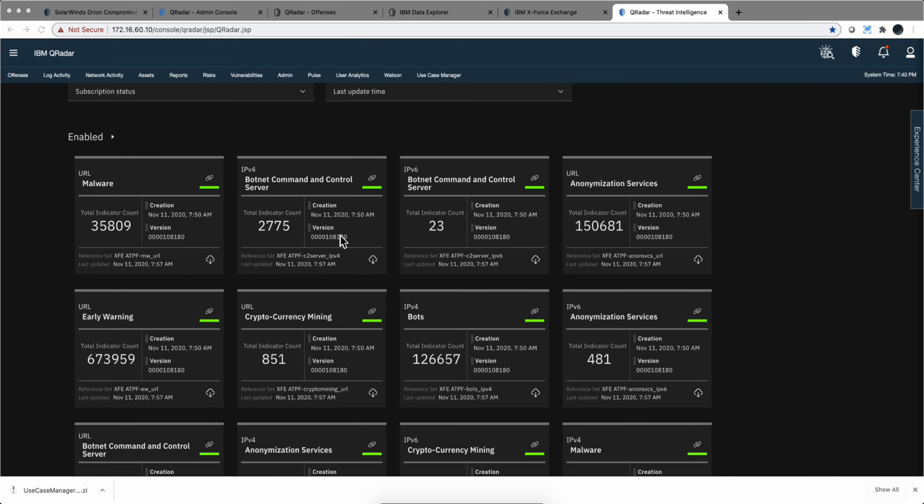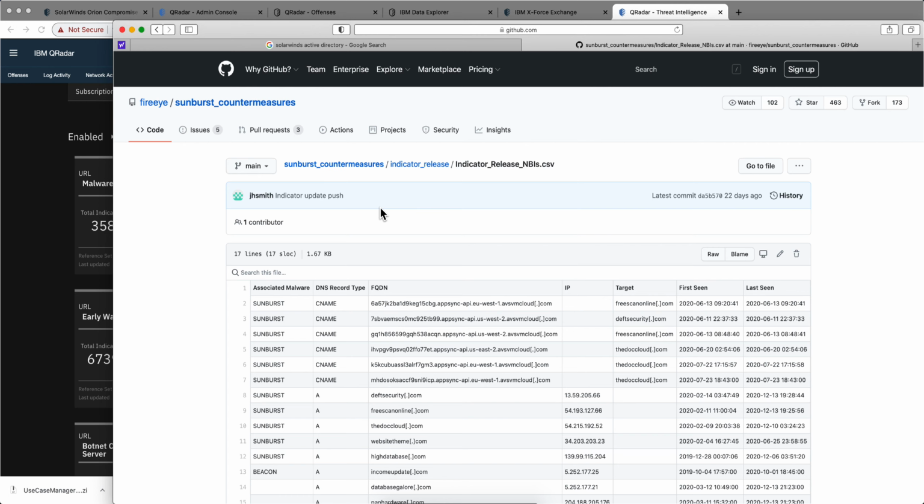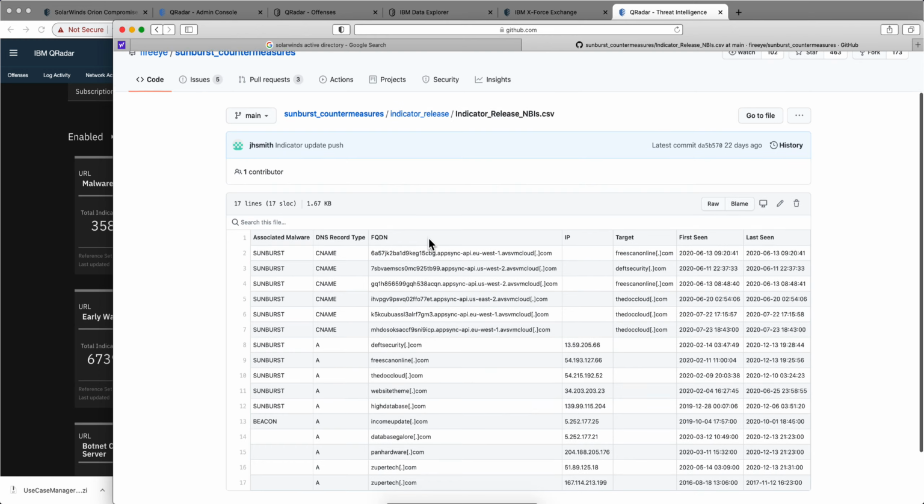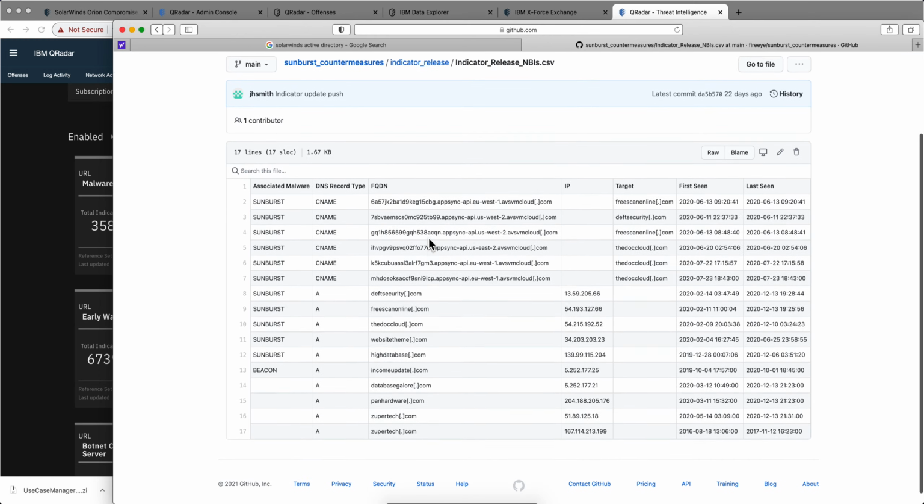Another thing you can do, I mean, this stuff does it automatically for you, but if you, for example, want to do more searches on Cloud Pak for Security with Data Explorer, on other sources and other stuff, you may want to go into, for example, the FireEye indicators. So here I am on this public GitHub that FireEye put up there about the Sunburst. That's the name that they gave to this malware. And here you have all these